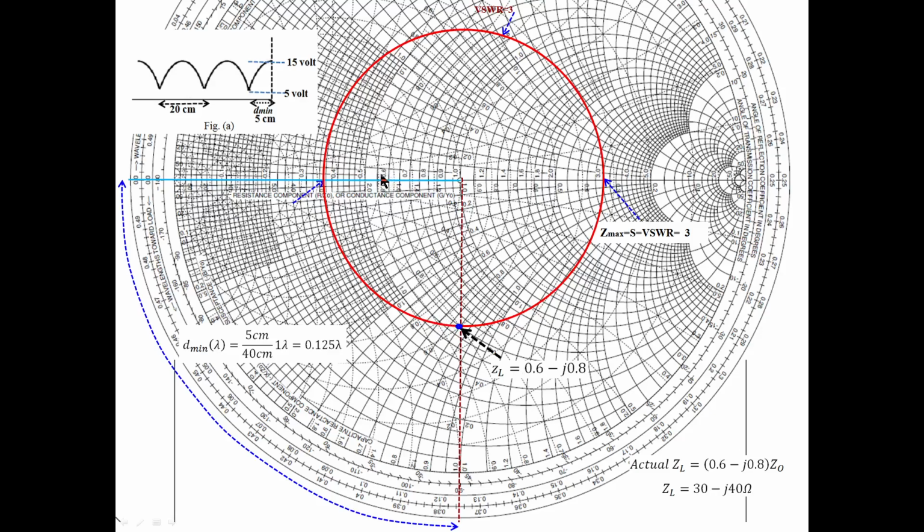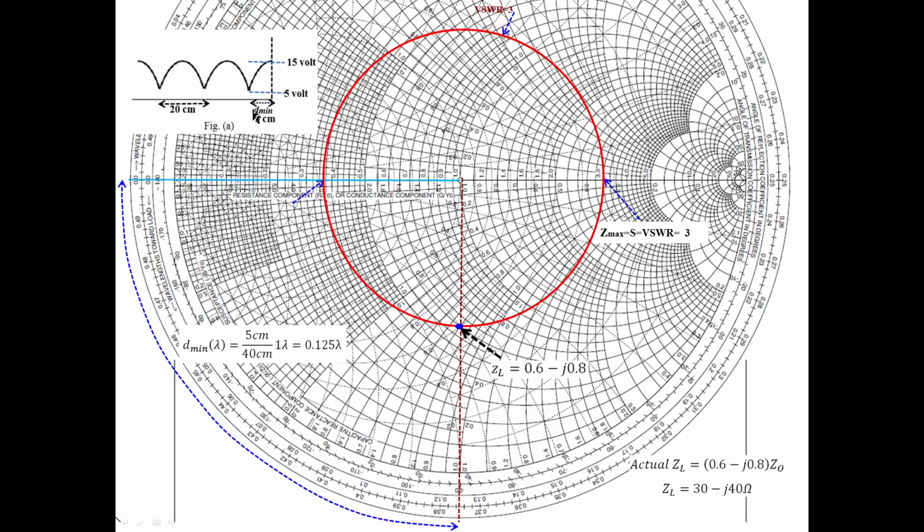The 0.6 resistance circle is passing through this circle, the 0.6 circle, this one. Like that you read this as a load value. But this is the normalized value. For the actual value, you should multiply it by Z naught. The normalized value is this, multiply that by Z naught, and we will get the actual value. This is the actual value of the load at this position. So like that we can find it out.